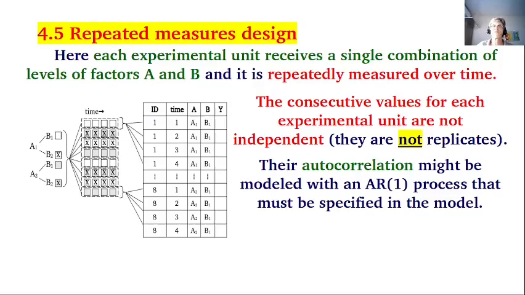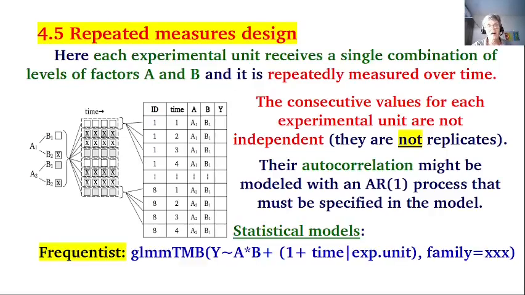There is a correlation over time, for instance, using an autoregressive process of the first order. There are several options for this. Please have a look in the book for further details. So the statistical models for the Frequentist framework, again the command